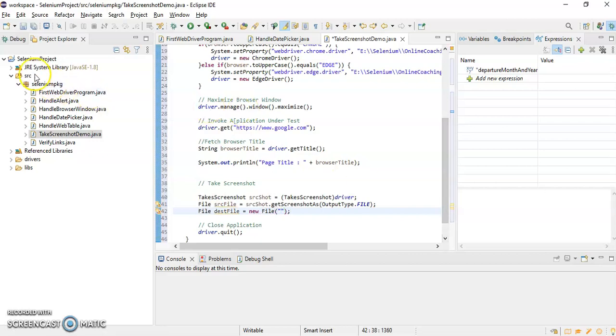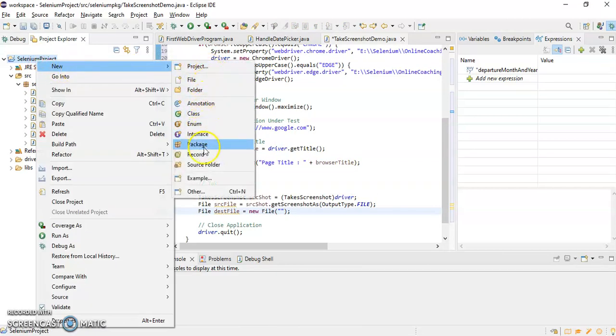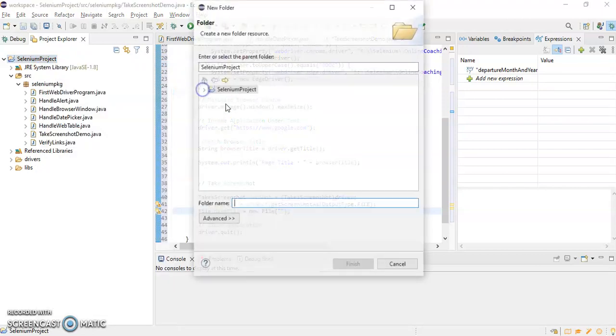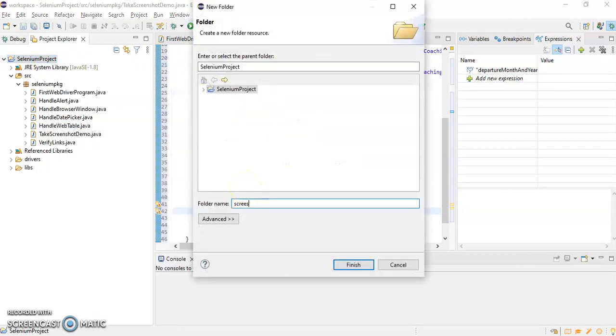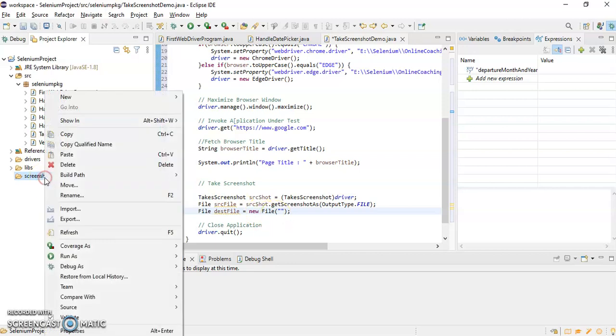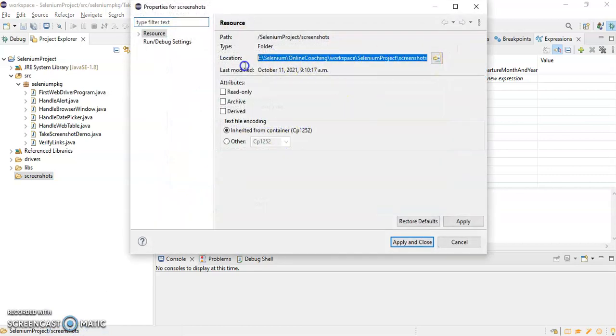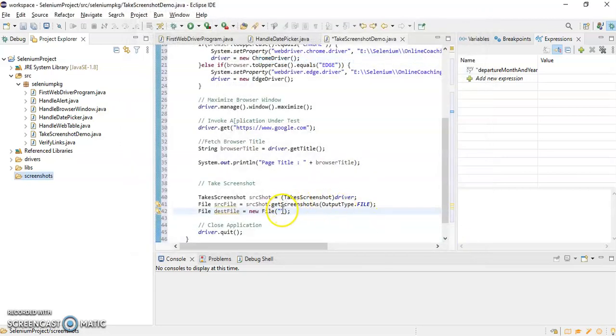So I can create a folder and name it screenshots. Finish. I have created a folder in the root project folder. I will go to properties, take this path, and give it here.